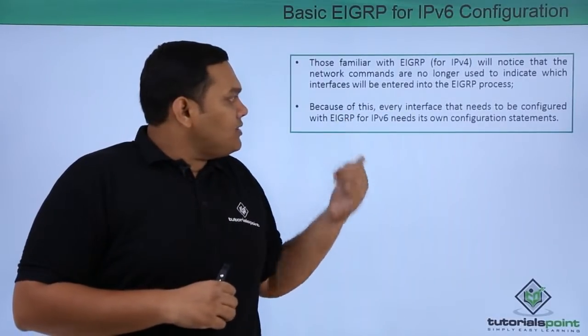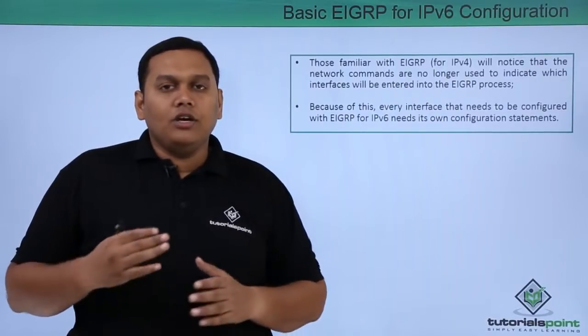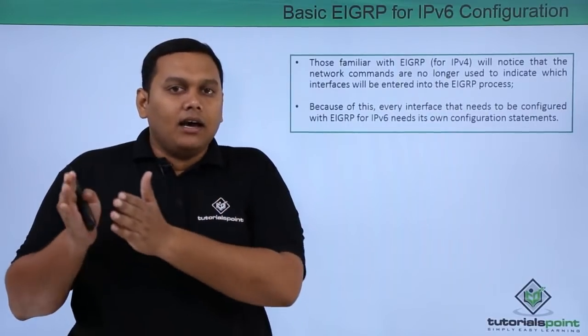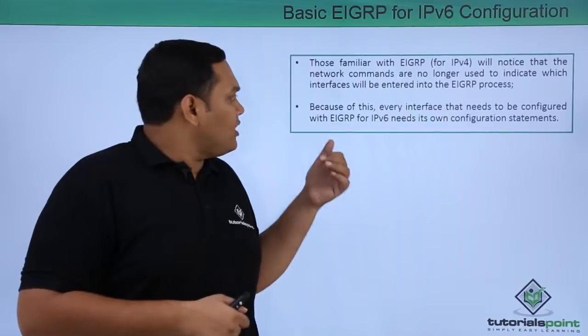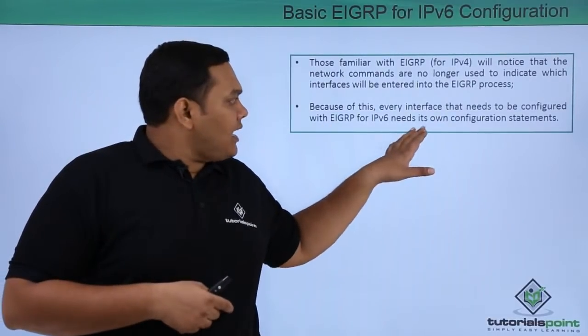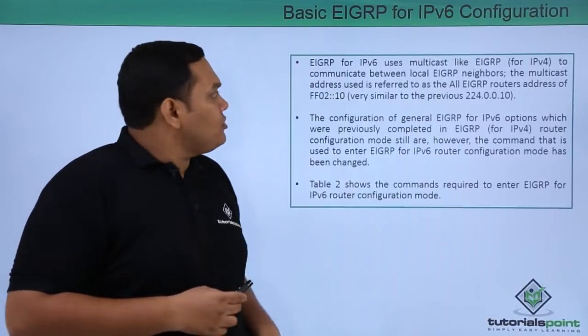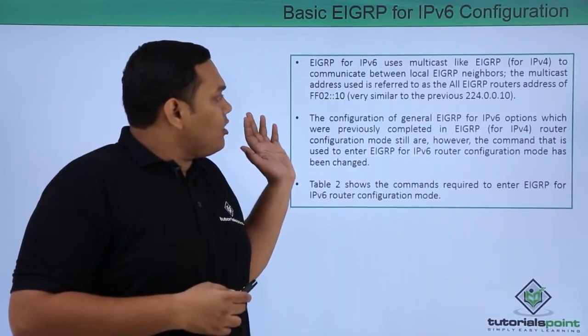Because of this, every interface needs to be configured with EIGRP, so that each and every interface will have its own commands with EIGRP for IPv6, and it has its own configuration statements for each and every interface. So, here when you compare the configuration of general